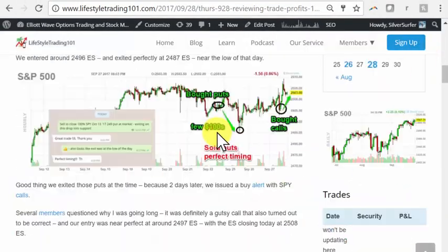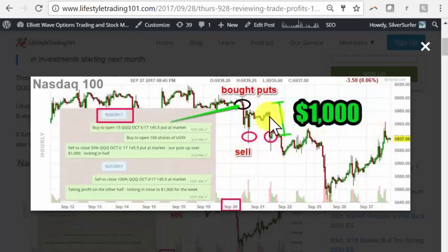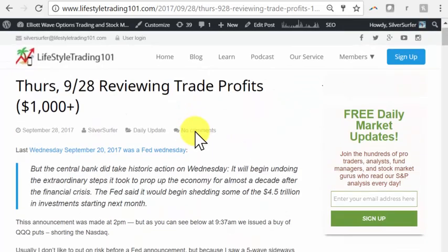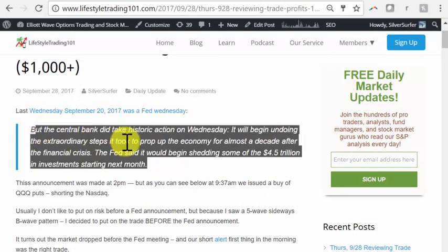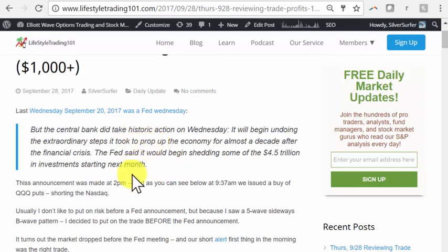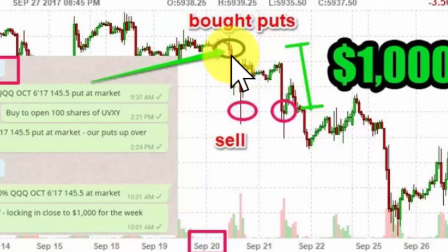But just recapping some trades from earlier in the week, we did a Nasdaq trade where we had a Fed Wednesday on September 20th. So last Wednesday, there was a Fed announcement, and this is what they said. I usually don't pay too much attention to what they're saying here, but the announcement was at 2 p.m. that day. And normally I try to go into the Fed meeting without a position, but this time I decided to buy puts at the market open at 9:30 and hold it into the Fed announcement. And the reason for that